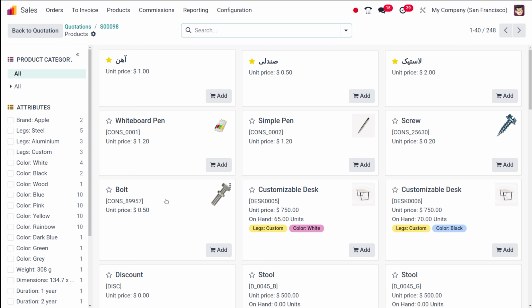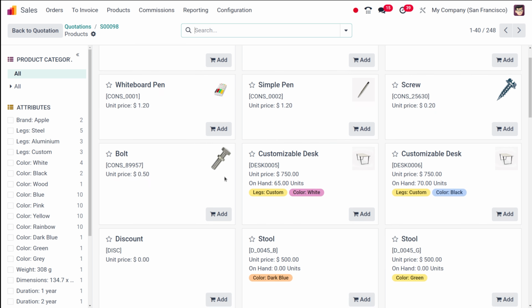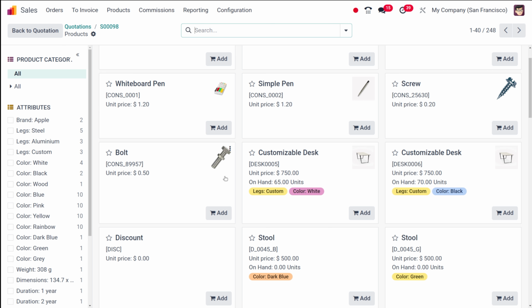Once the catalog opens, you'll see a clean card based display. Each card represents a product in your Odoo system, which means your database, and gives you some key details at a glance. So here you can see a product. Let's take a product which is whiteboard pen. You will have a product photo, the product title, and the product's cost, which adjusts whether you are buying, selling, or using it as a component. Its reference code is also there. Then you also have the quantity of the product.